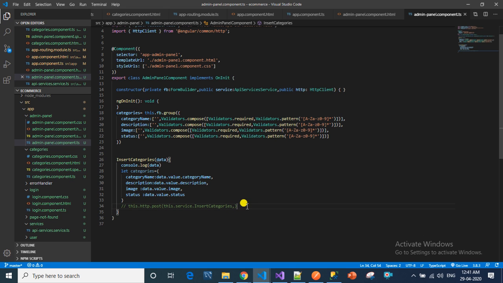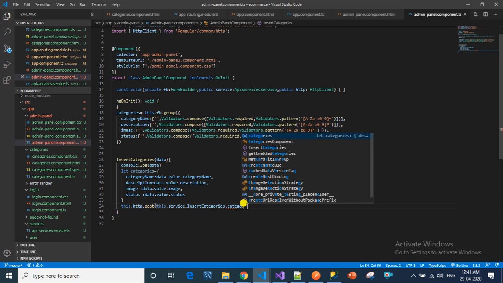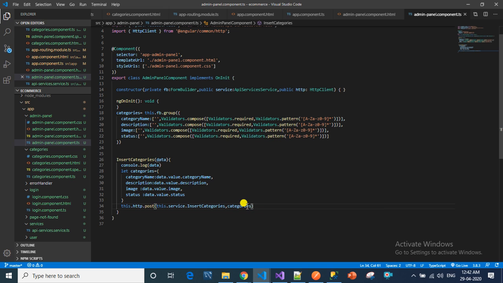Now we will uncomment this and continue this, and we have to send categories object to the API, and we have to subscribe to this and we will get the response. If API is sending any response, then we will get that.